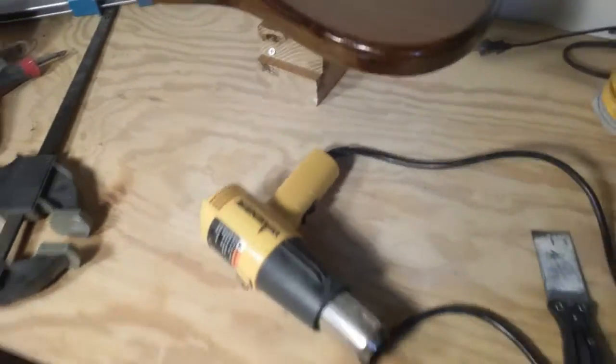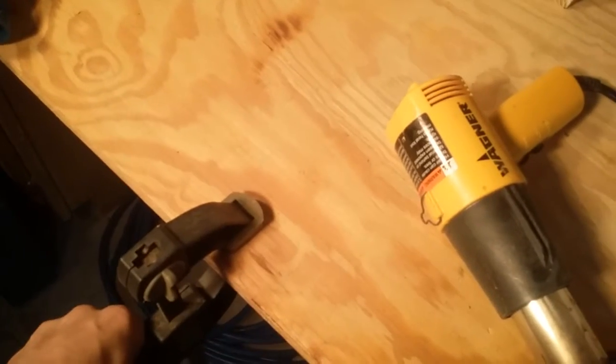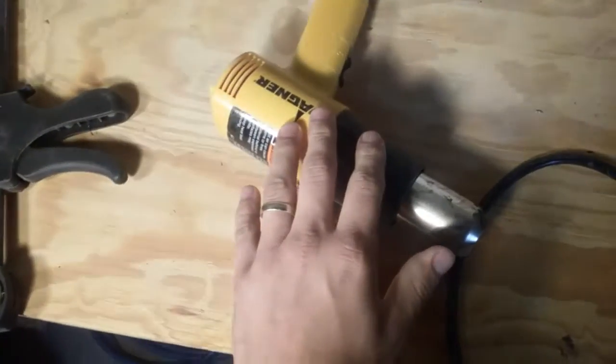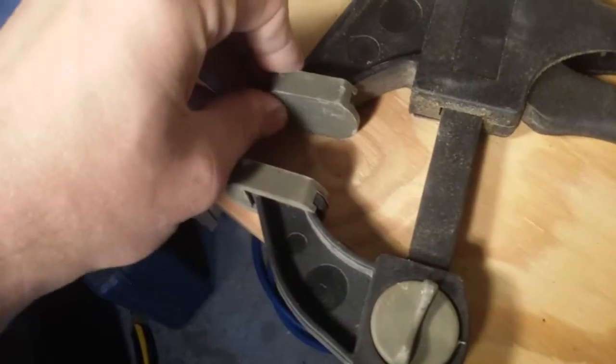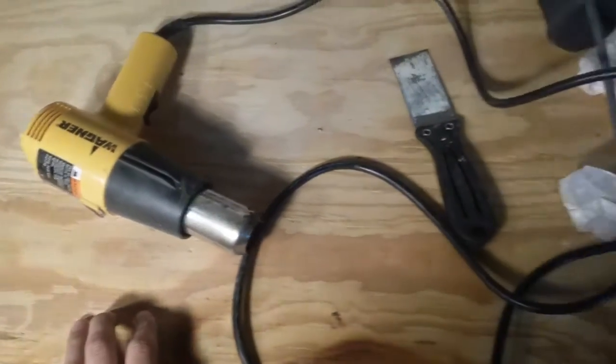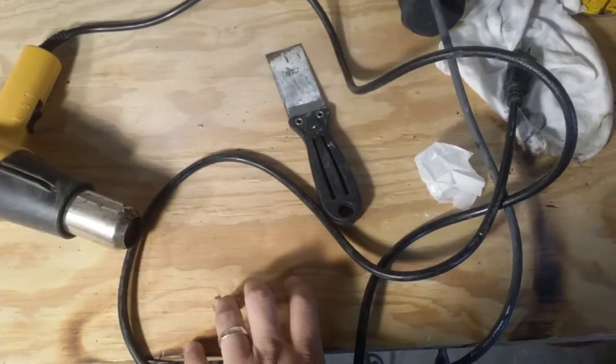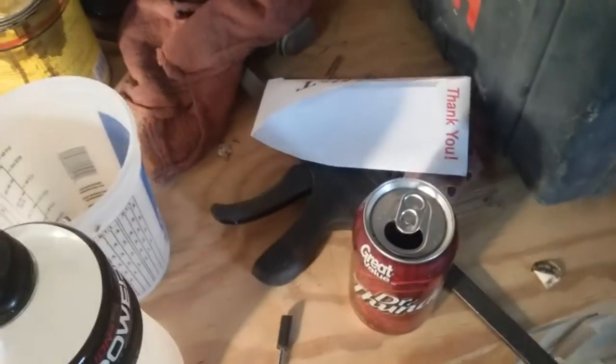Another thing is having a workbench that doesn't have anything underneath, and the reason why is because I use these clamps to hold my guitar down onto the table as I am applying my heat and stuff. Make sure it's got the little rubber protectors here. You're going to scuff it up. That will keep it still when you're trying to scrape it, and it won't be moving all over the place, scratching on the table. So I use 2 clamps,